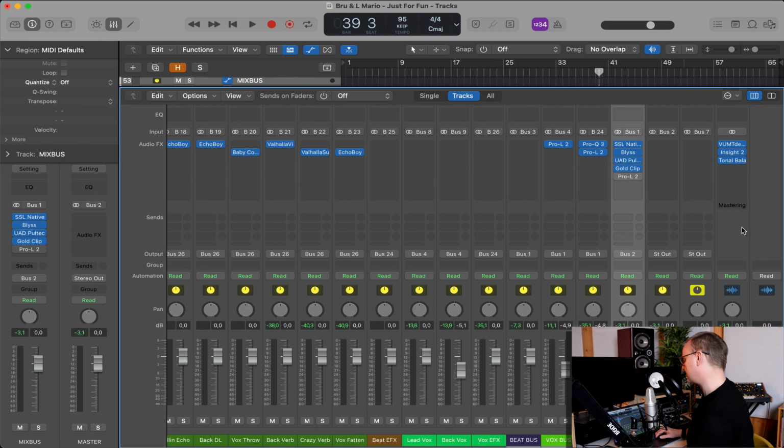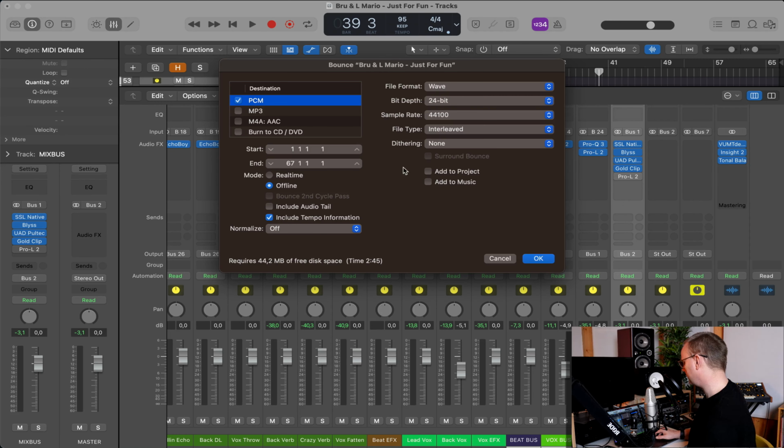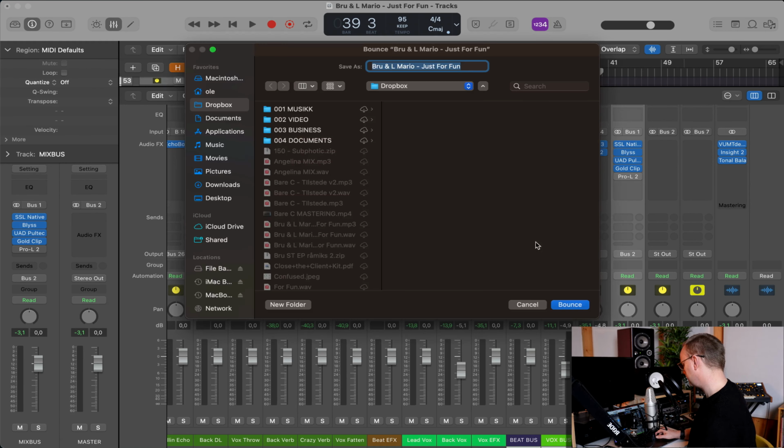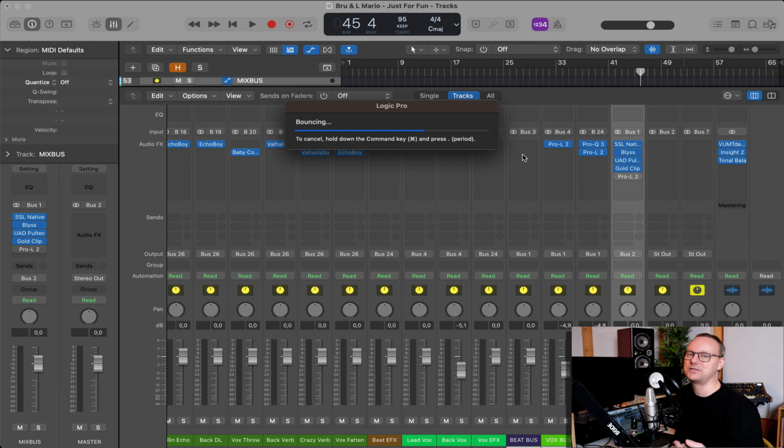Command B, PCM, leave all of this stuff alone, no dithering, no normalization. While I'm waiting for the bounce to be done,